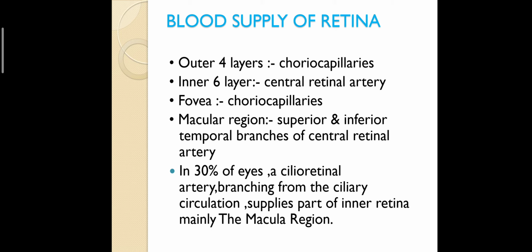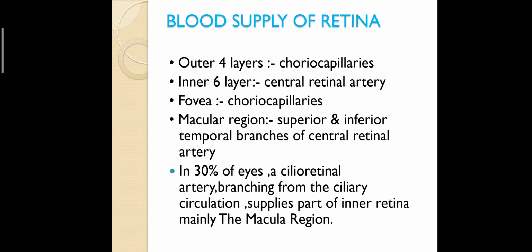And fovea, basically it is mainly supplied by choriocapillaries. It is not supplied by central retinal artery. Very rarely, in 30% of the eyes, there is a cilioretinal artery which is branching from the ciliary circulation, that is choriocapillary ciliary circulation, which supplies part of the inner retina mainly at the macular region. So why is this important? Because last time I told you, if patients have a cilioretinal artery in cases of central retinal artery occlusion, if this is spared, because it is arising from the ciliary circulation,